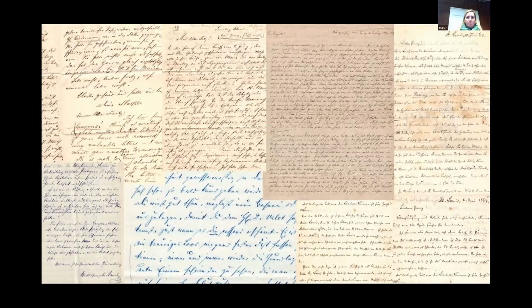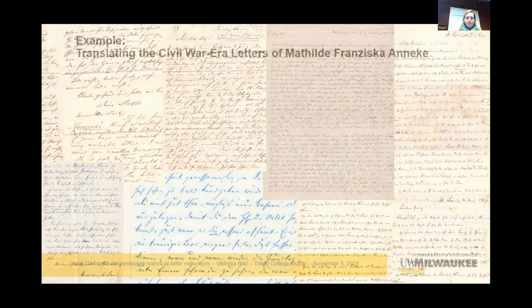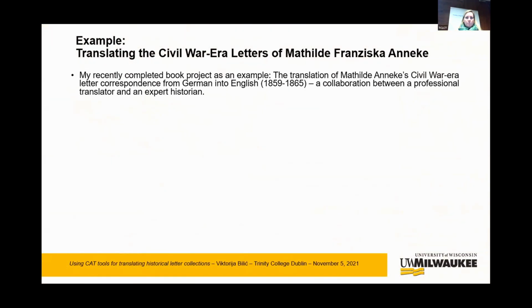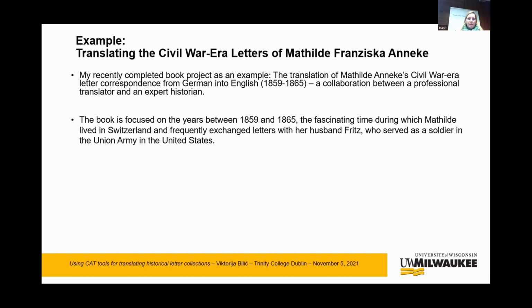These are some examples, some letter scans from my archive. I couldn't translate 2,000 letters, so I focused on the Civil War era letters, and the project is a collaboration between a professional translator, me, and an expert historian, Alison Clark Efford at Marquette University in Milwaukee. And it is focused on the years between 1859, so a little before the Civil War started, and 1865, because